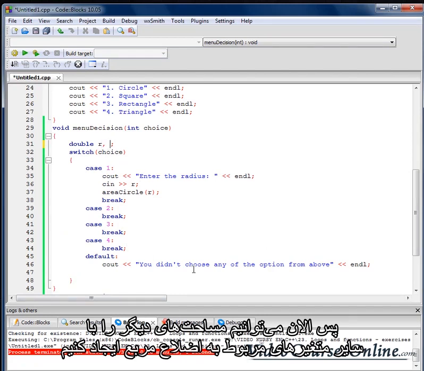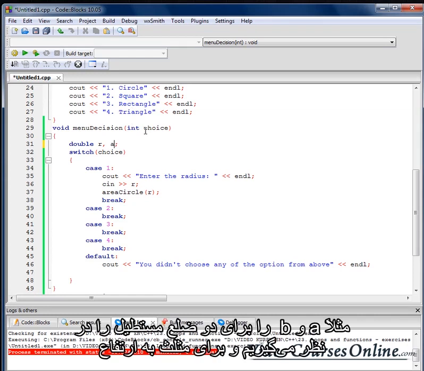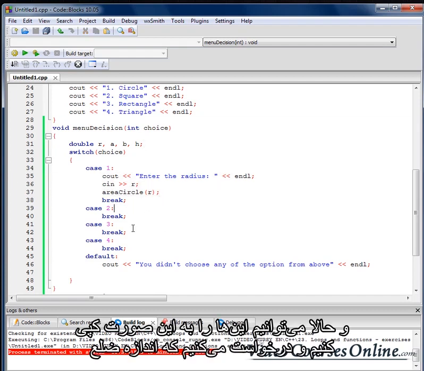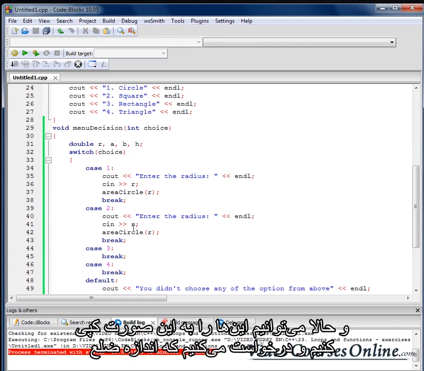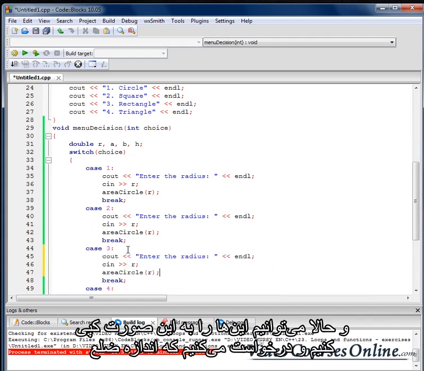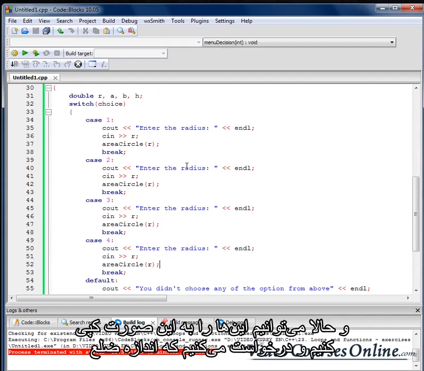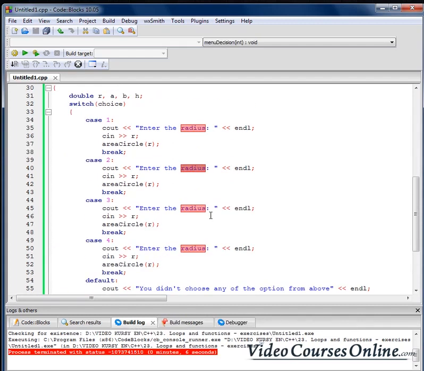So we can now create other areas. We will need the variable for sides, for square, so for example A, for rectangle 2 sides, so A and B, and for triangle we will need also the height of triangle, so we need variables like that. And now we can just copy that here like that, and we'll just ask enter the